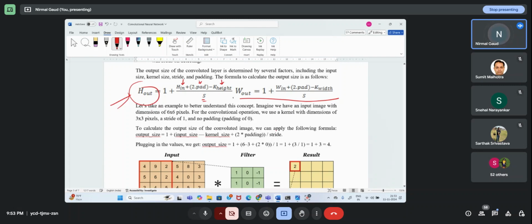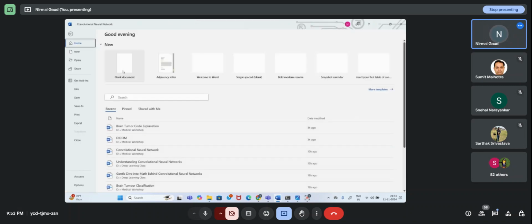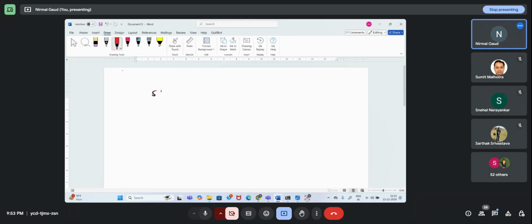Let me tell you, if you have a 5 cross 5 size image and a 3 cross 3 size filter, according to the formula, if I apply this filter over the image, what is the resultant matrix, the feature map? The height output will be 1 plus height input, which is 5 for the image, plus 2 into padding. I'm not doing any padding, so 0. Minus height of the filter 3, divided by striding.